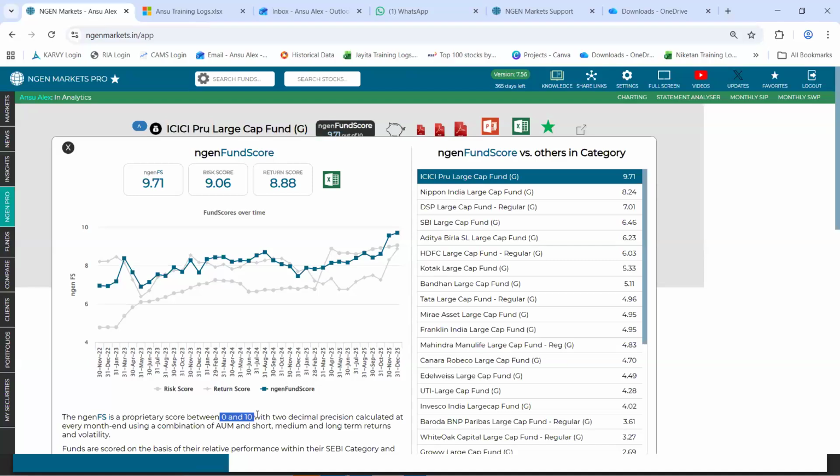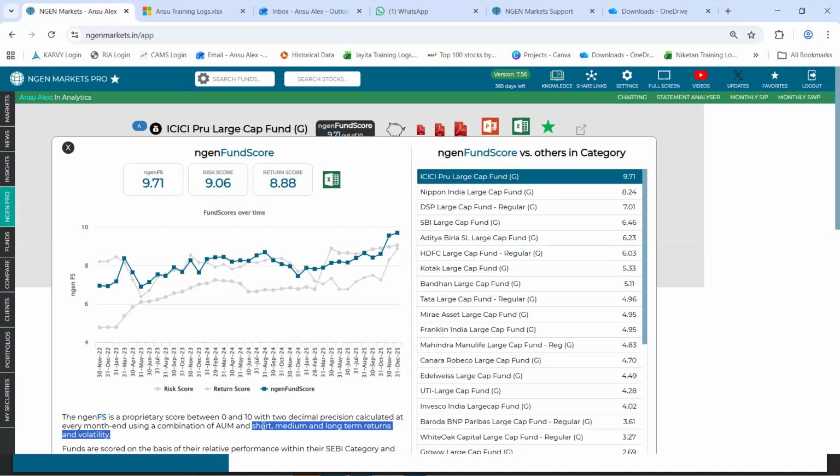Now, talking about the parameters used to arrive at this score: AUM gets 10% consideration, and the remaining 90% is distributed between the short, medium, and long term returns and volatility.